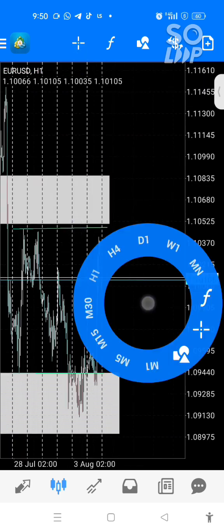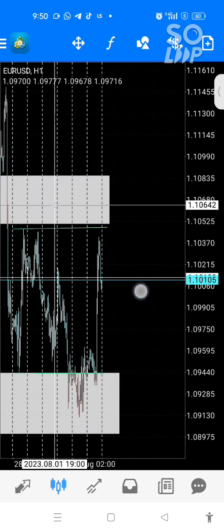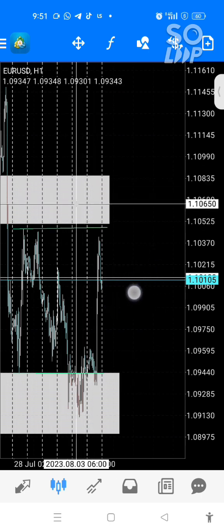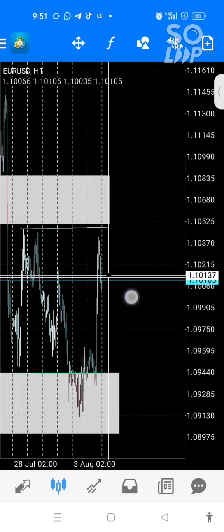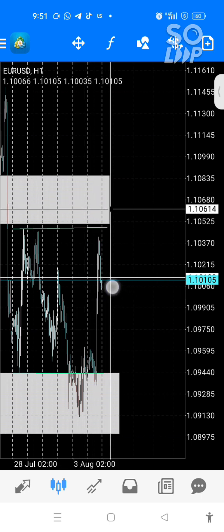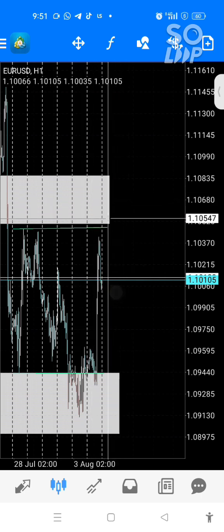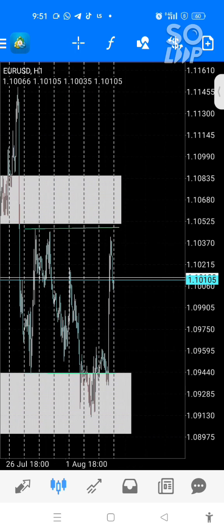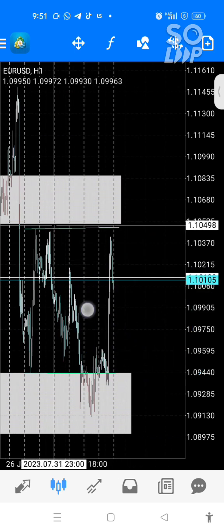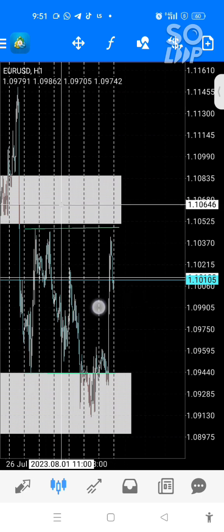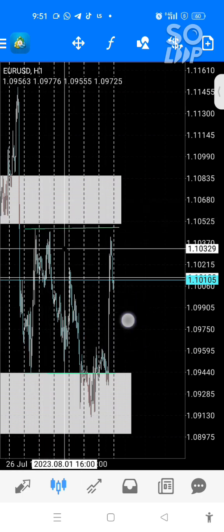Preferably, I want to see this thing happen on Tuesday or Wednesday. I don't want to see this thing happening on Monday. If it happens on Monday, I'm not picking it. So that's why, apart from the fact that you read price, timing is also important. Timing in the market is also important.